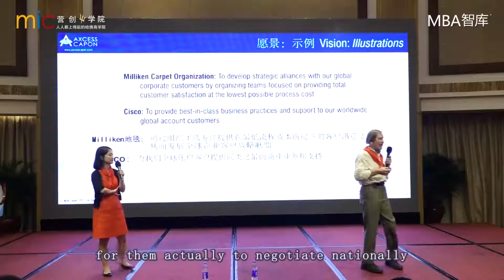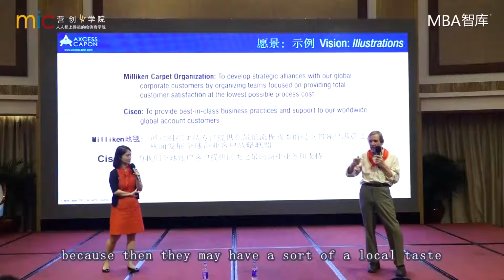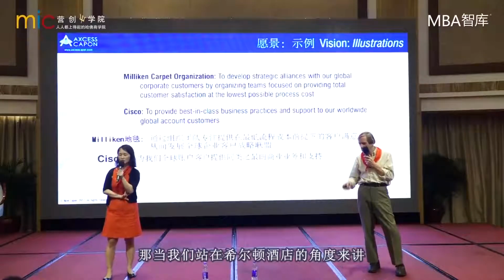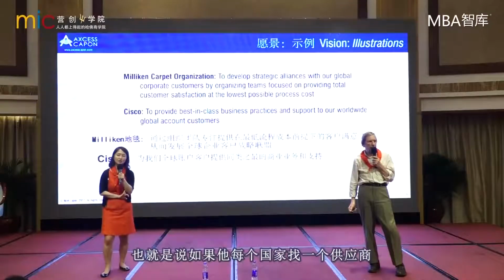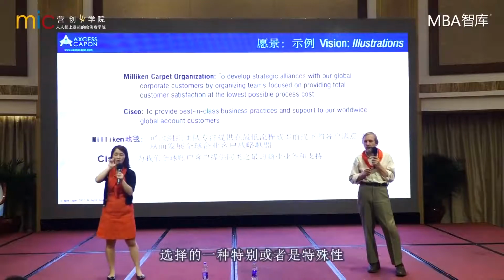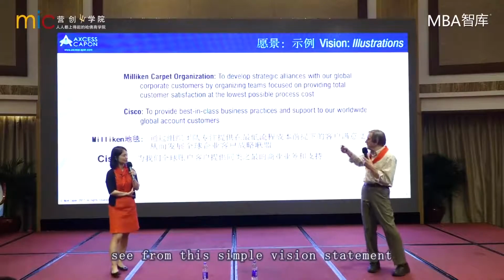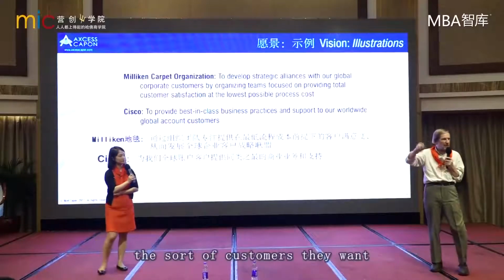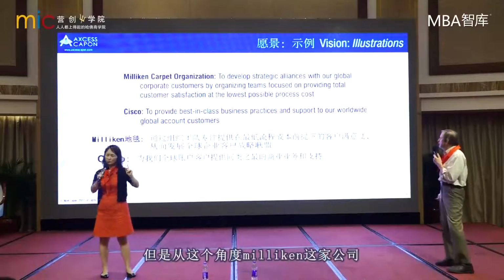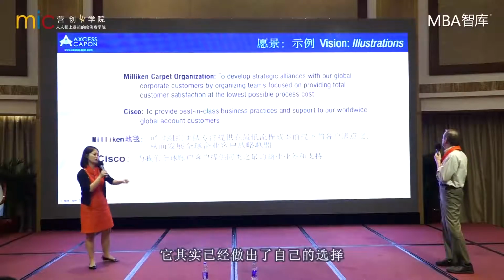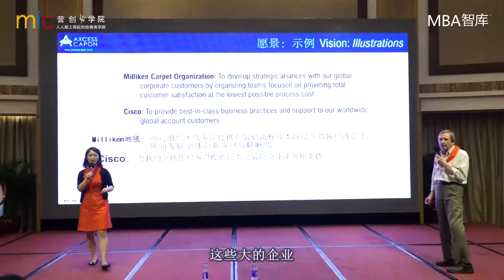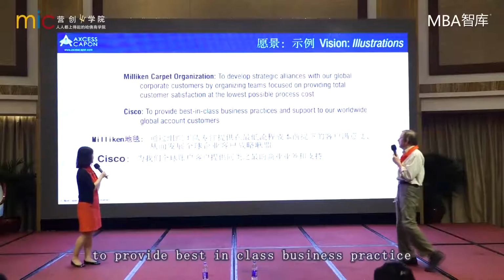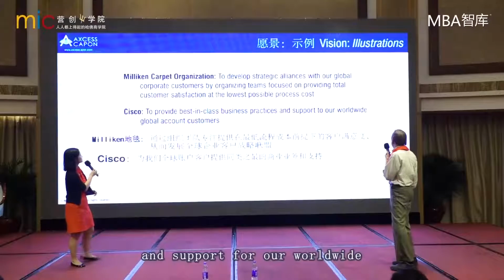Yeah, we could agree or disagree as to whether this makes sense, because going back to Hilton's point of view, it may be better for them actually to negotiate nationally, because then they may have a sort of a local taste to their carpeting in their various hotels. 那当我们站在希尔顿酒店的角度来讲的话，它可能还有一定的诱惑力，也就是说，如果它每个国家找一个供应商的话，它可能会保持这个国家文化上面的选择的一种特殊性。But nonetheless, I think you can see from this simple vision statement that this sets a whole direction for Milliken in the direction they want to go in terms of the sort of customers they want and how they want to deal with them. 但是从这个角度，Milliken 这家公司，他提出这个愿景的时候，他其实已经做出了自己的选择，就是去找那些有全球业务的大企业，那么通过集中的去攻关，去拿下这些企业，为自己的企业来带来更多的收入。